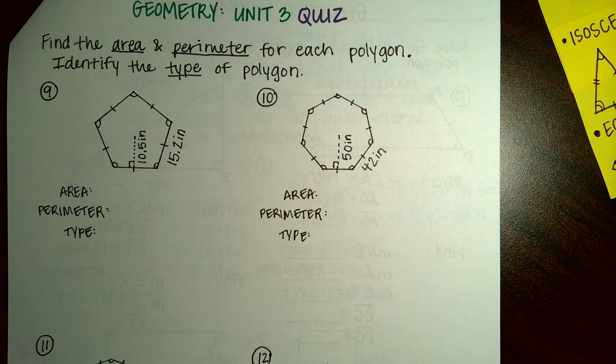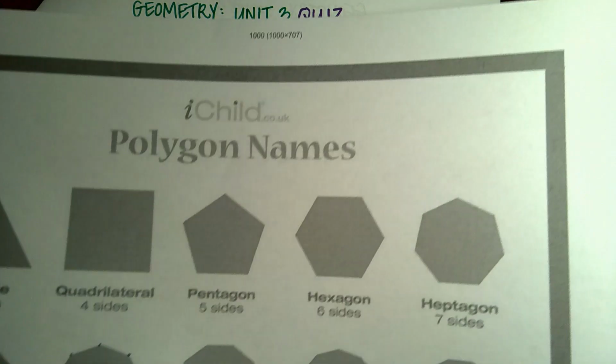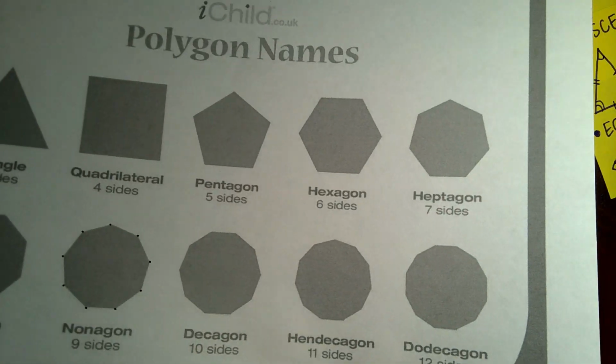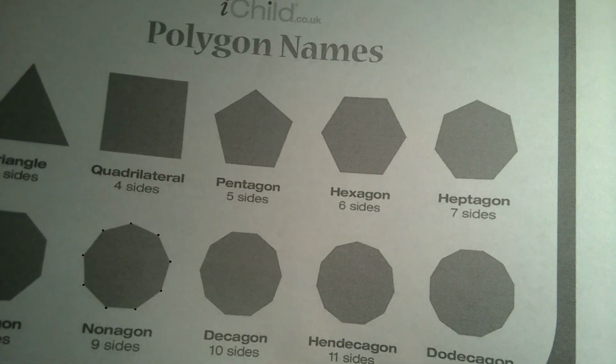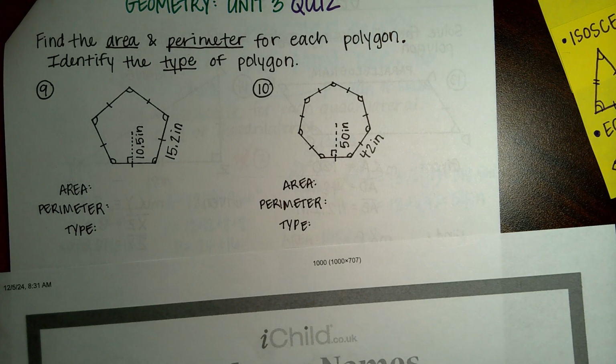Now, do you guys have your handout that tells you those different names of the polygons from Thursday? Got a written copy. Do you need a copy? Well, no, there's one in the folder. I just didn't feel like rewriting on it. Understandable. All right, so